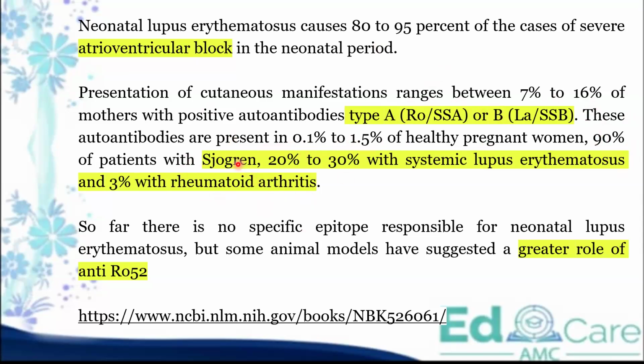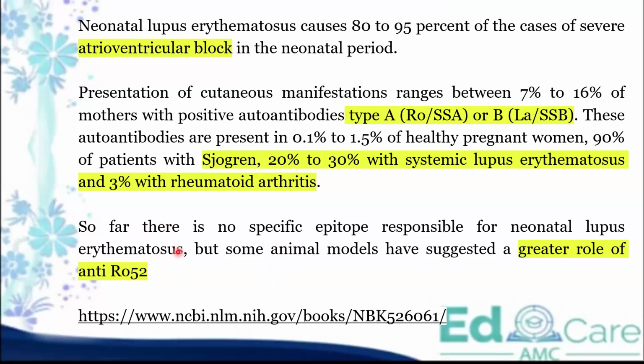So why is this important? Because you can get a patient with Sjogren's syndrome and the child born has an AV block. Again, it's because of these autoantibodies. But it's well known with SLE. So right now there's a question with SLE and the child having a congenital heart block. So this is very important.